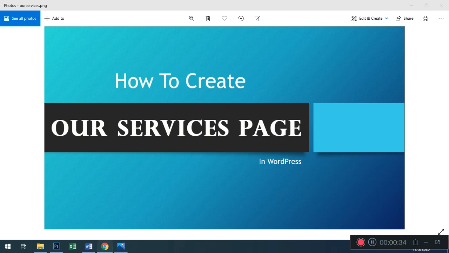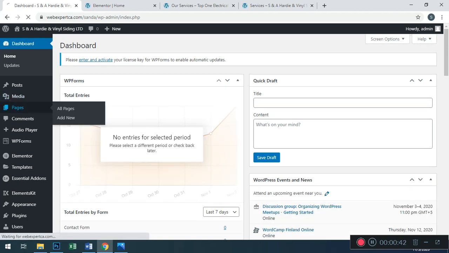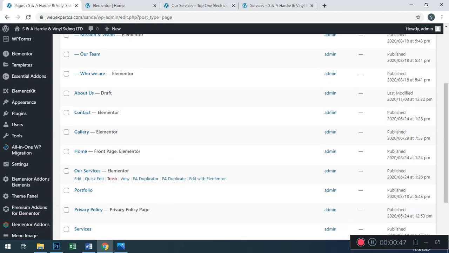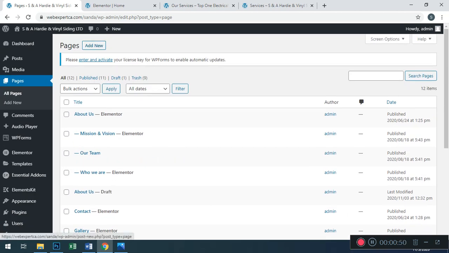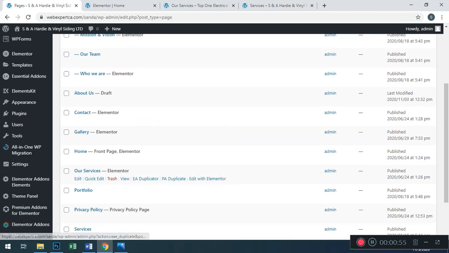Go to your dashboard. I'm going to our website. This is our dashboard. Click on dashboard, click on pages. If you have the our services page, that's great. If you have not, press the add new button and create the our services page. But at this time we already have our services page. We are going to edit with Elementor. You can edit this page using either edit or edit with Elementor. Both settings you can manage very easily. I am going to enter with Elementor because mostly our training is with Elementor.